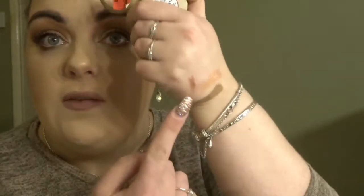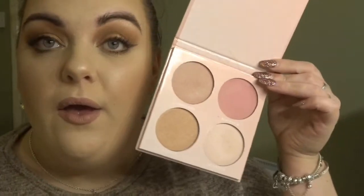Standout product, this eyeshadow. I think it's just the colour. I absolutely love the colour, which is this swatch right here, and the Rose Highlight and Glow palette. I really like that. I think anything else, yes, they are good. Obviously my brow pencil I use every day anyway, but for a full face